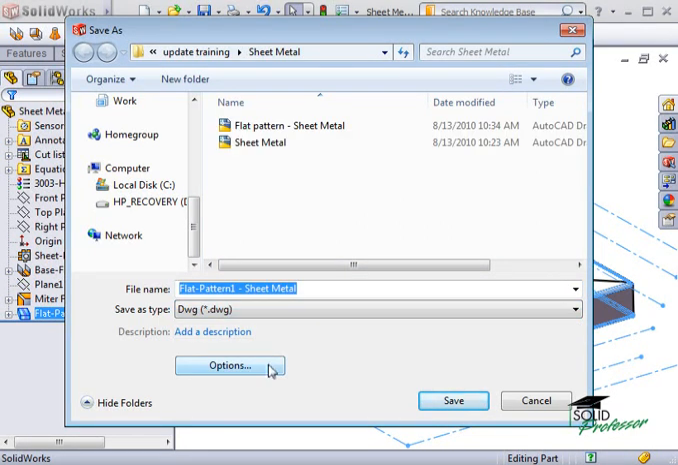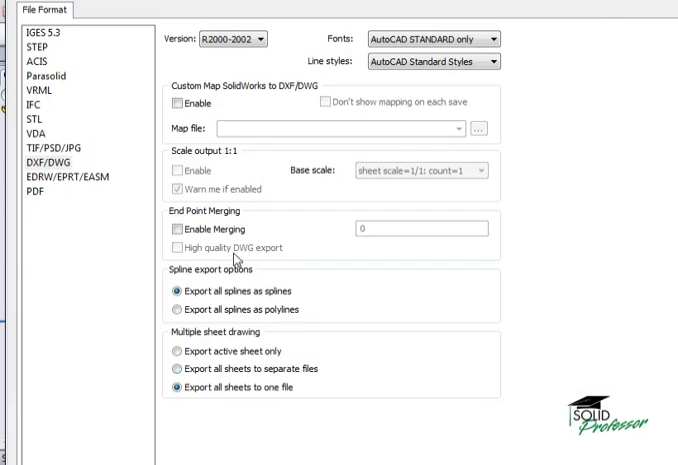Next, click Options, and be sure to enable Custom Map SOLIDWORKS to DXF DWG. This will bring up the mapping dialog box after you select the entities to export. You can also save a custom map file with the layers, colors, and line types already defined, and you can browse for it here. But since we're creating this for the first time, I'll click OK